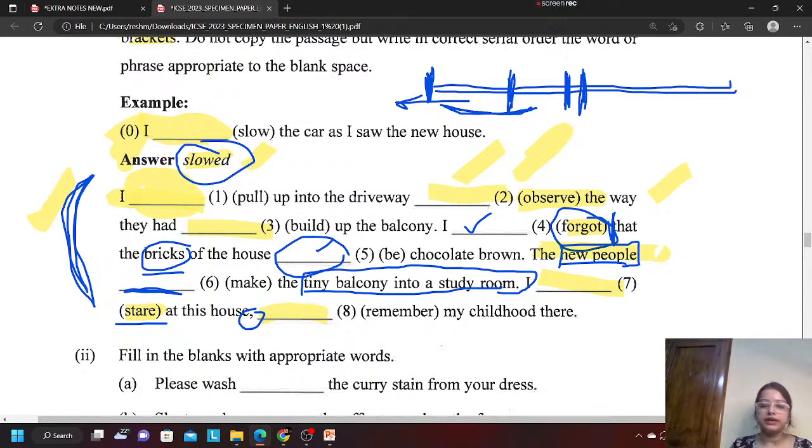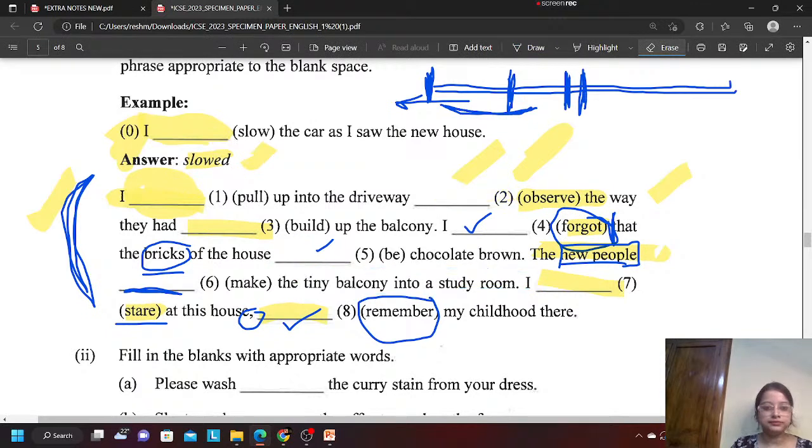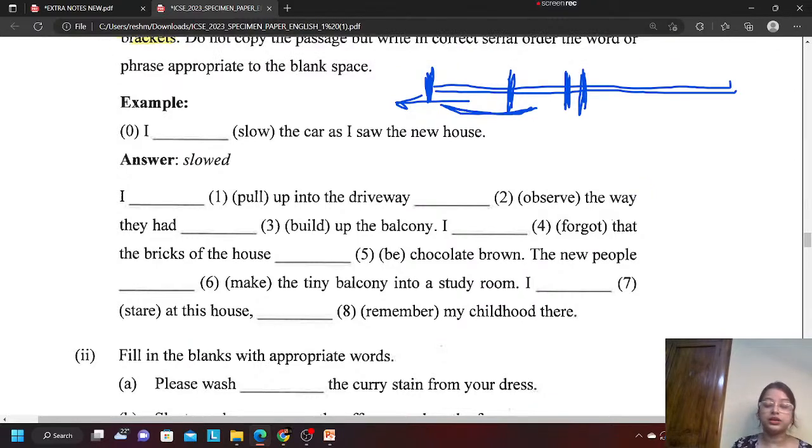Remembering for Yusuf and Vinita. Okay, remembering. So that is also what? That is a non-finite verb. Okay, so this much is done. No doubts? Just let me know. Then we will move to the conjunction part. Sorry, not conjunction. Preposition. Preposition phrasal verb part.